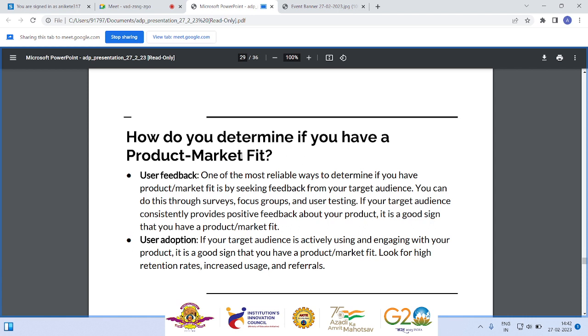So, a simple way of determining a product market fit is user feedback. That is the most important part. If a user gives the feedback that this is the best product, please use it, automatically your product gains popularity, automatically things go on. User feedback is the most important part. Then secondly,